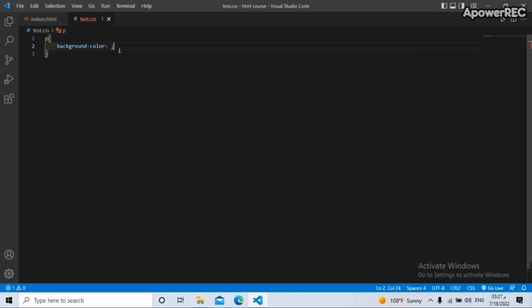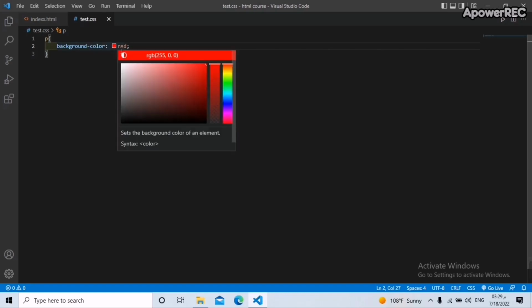There are a lot of ways to choose the color, and the easiest way is to write the name of the color. For example, let's write red. But we have a great number of colors, so it's not reasonable that each color has its own name. For example, let's choose this one. What is the name of this color? So it's not reasonable that each one has its own name. So we have another way to choose the background color, which is